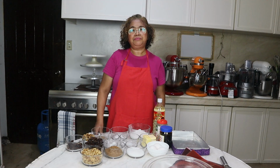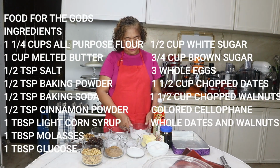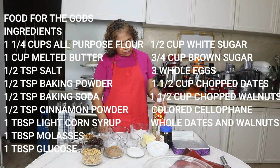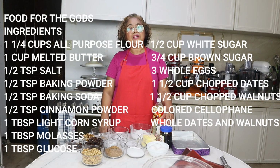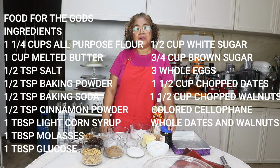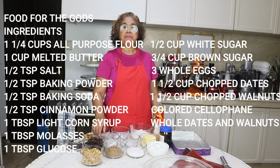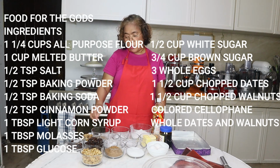Okay, let's start. The ingredients are 1 1/2 cup of all-purpose flour, 1 cup of melted butter, 3 whole eggs, 1 tablespoon of light corn syrup, 1 tablespoon of glucose to make this chewy. This is the secret ingredient. 1 tablespoon of molasses, 1/2 teaspoon of baking powder, 1/2 teaspoon of baking soda, 1/2 teaspoon of salt, 1/2 teaspoon